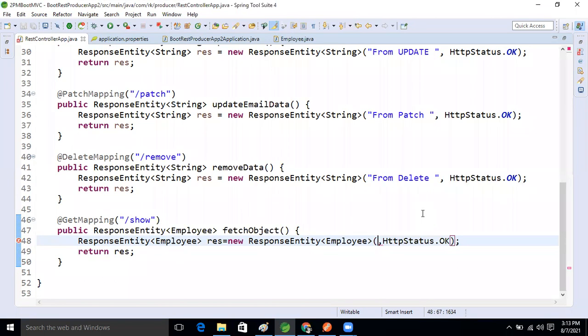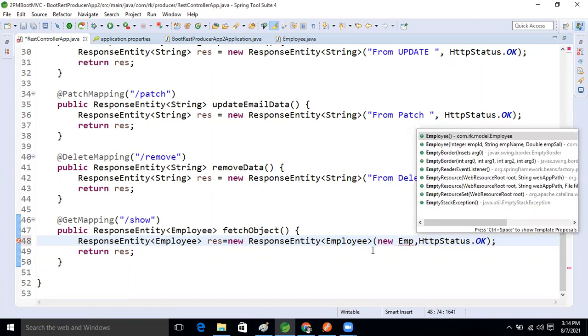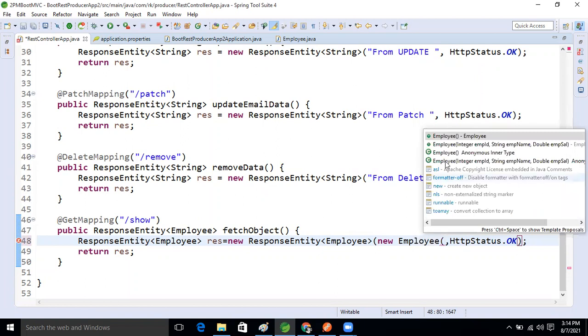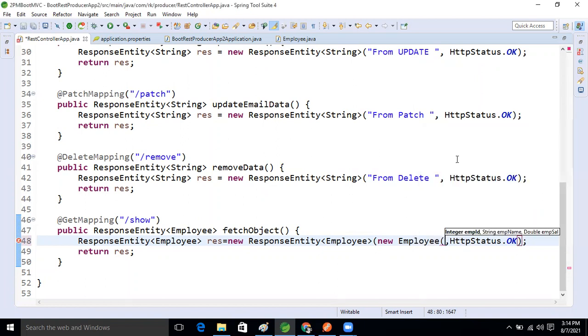Last time, here we took just string data. Any data we take like this is string only, right? So here we can send collection data or object data also, not only string data, guys. So here I'm going to create one anonymous employee object, because I'm using it only one time, right? So this data we will send.